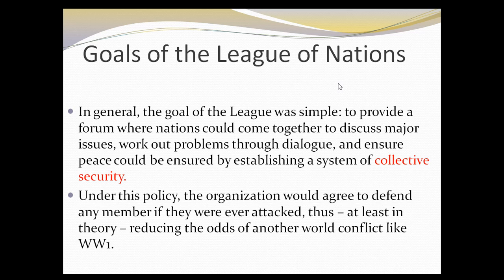The other idea was that it was supposed to ensure peace because there would be a system of collective security, and the hope, at least, was that if there was a threat to one of the member nations, and there were about 50 nations that joined this original group, then all of the other nations would debate whether that threat was something that had any legitimate purpose to it, and if not, they would step in and provide support. And that would hopefully discourage any country from becoming an aggressor and creating the moves that would lead towards a new world war.